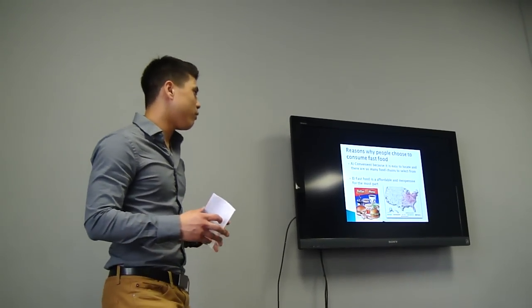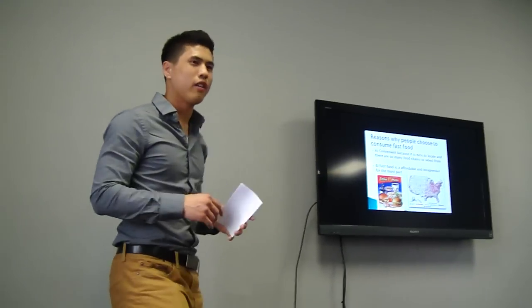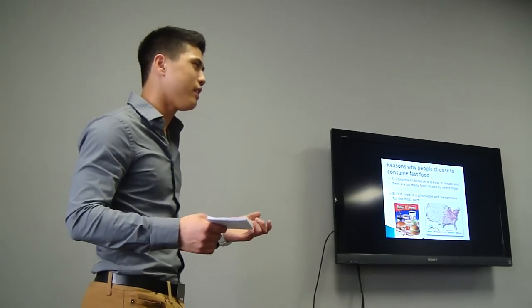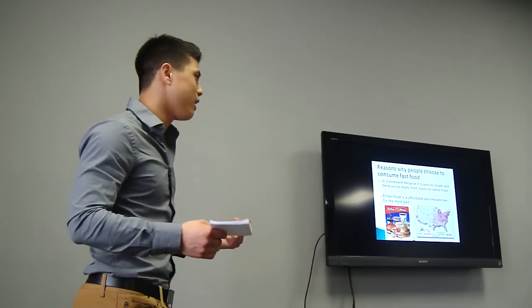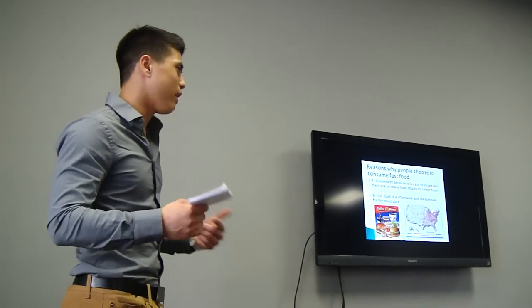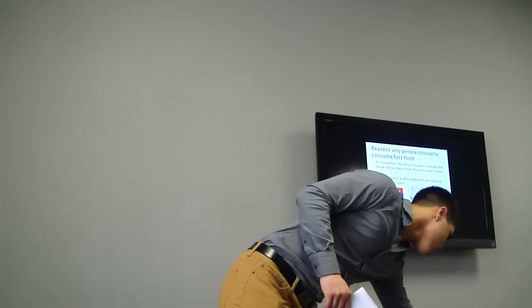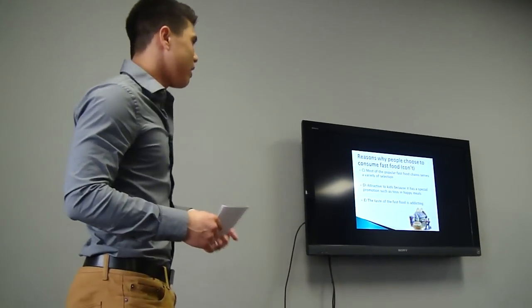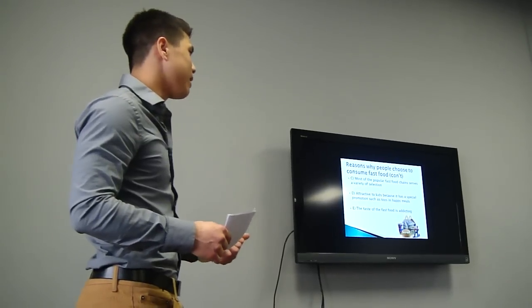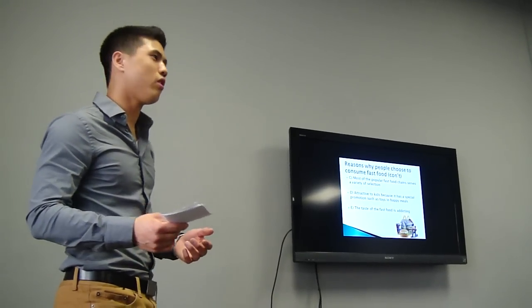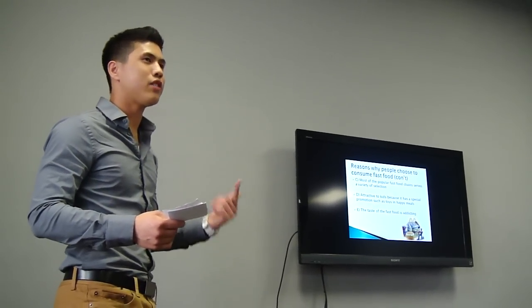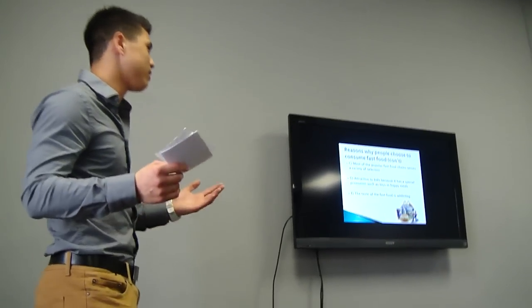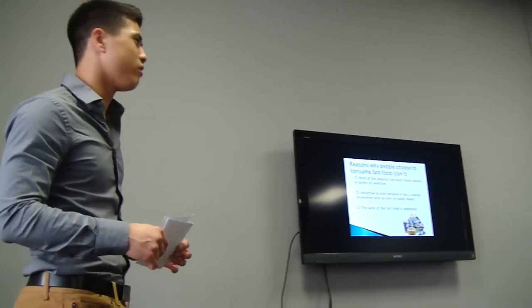Another thing is that it is really affordable and inexpensive. For low-income families, survival is a basic necessity. So by having fast food and inexpensive food, this is a way for survival for them. And also, another reason why people go to fast food places is the variety of selections, like McDonald's for example. They have salads, ice cream, McChicken, burgers, fries, a variety of things. So that might be another factor of why people will go to fast food chains.